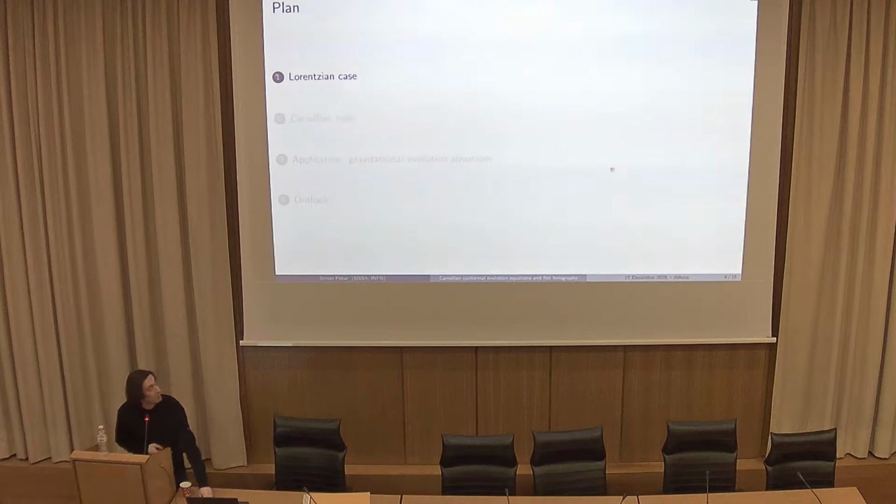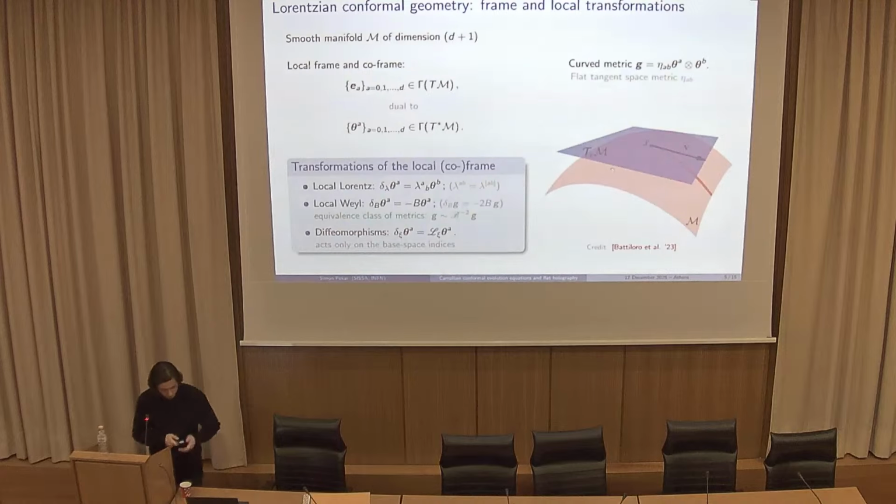And so as a starter, I will do a reminder and also a slight generalization of the Lorentzian case, where we are going to see another object appearing in addition to the stress tensor. So if you consider a d plus one dimensional smooth manifold, d dimensions of space, one of time, you can, as usual, introduce a frame, or equivalently a coframe, a set of one-forms that is written here, in order to describe your metric, which is just the symmetrized product, the square of the frame field. And you contract indices thanks to this flat metric.